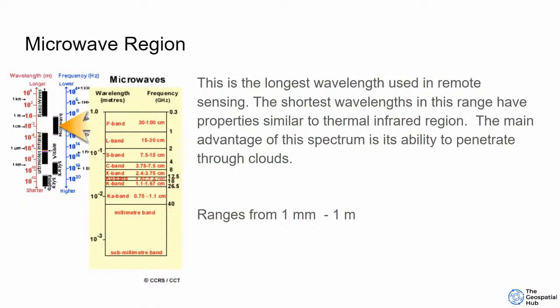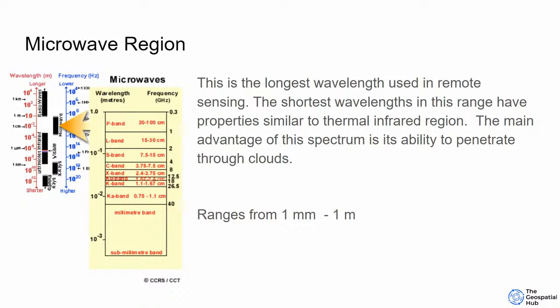The main advantage of the spectrum is the ability to penetrate through clouds. That property is very much of interest to us when we are talking about radar remote sensing. It ranges from 1 millimeter to 1 meter. So that's the wavelength portion of the microwave. Next we'll be moving on to